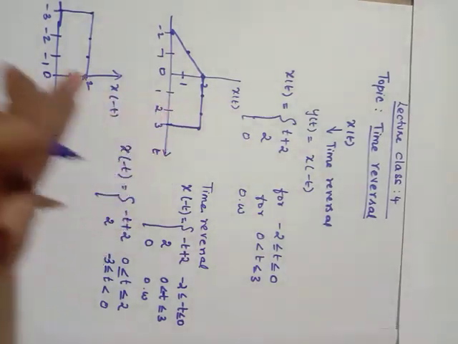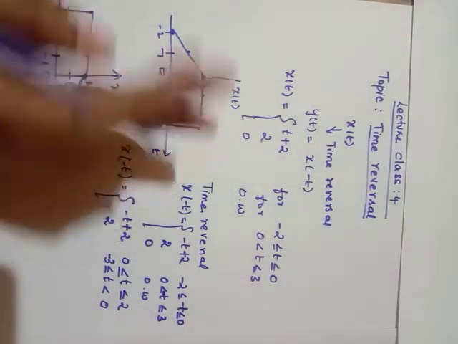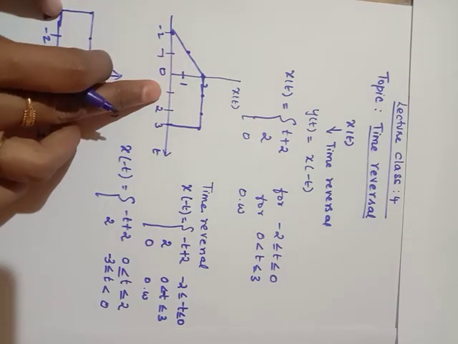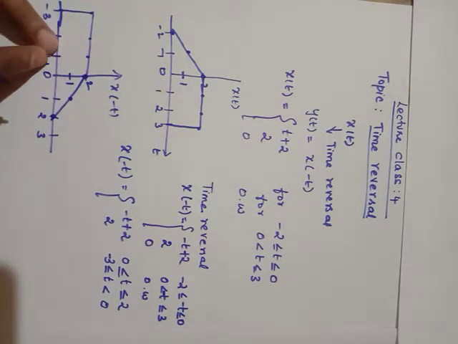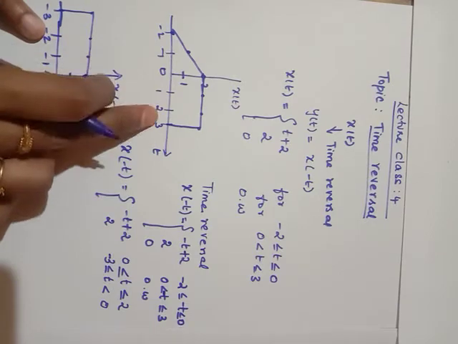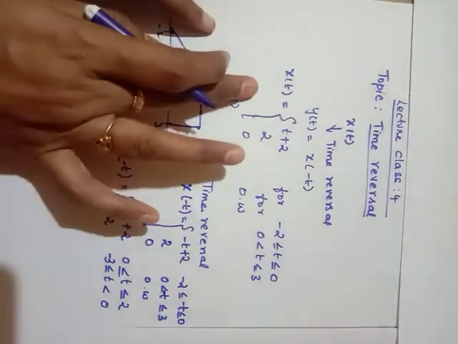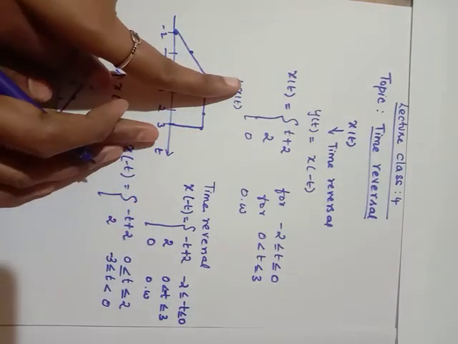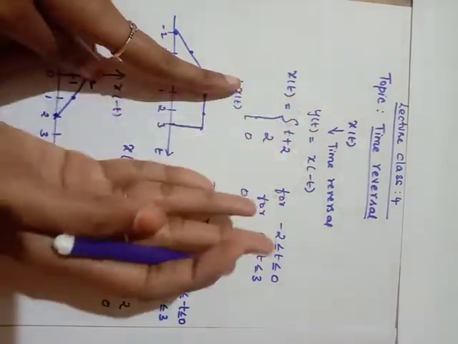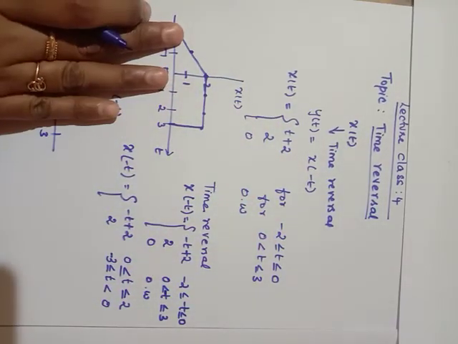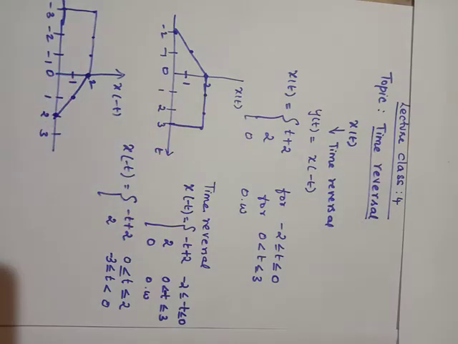Okay, now see these two expressions, that is, both the sides are reversed. Wherever you are having positive side, now it is replaced in the negative side. See, in positive side 1, 2, 3. Now here you are having minus 1, minus 2, minus 3. Just it is reversed. You need to keep this as a reference. So whatever you are having positive side, you need to shift to the negative side. Similarly, whatever you are having in the negative side, you shift to positive side.